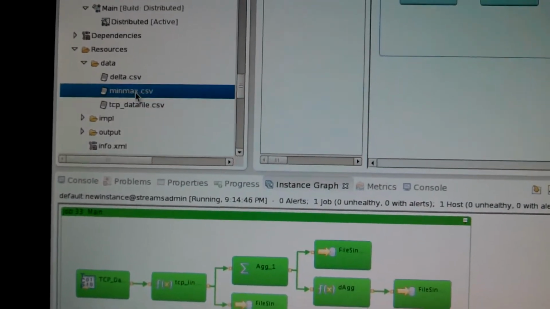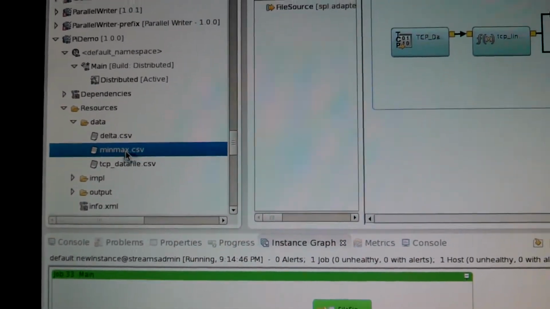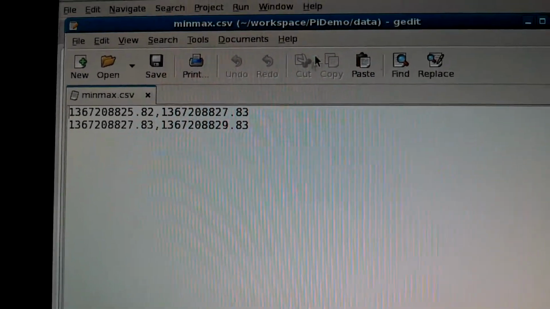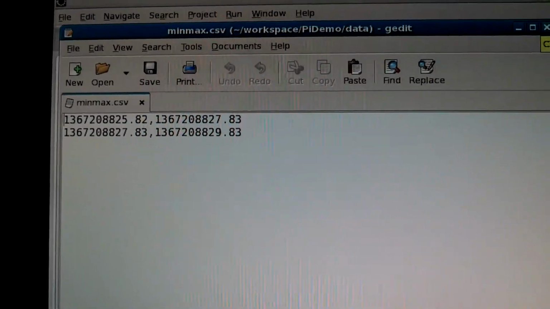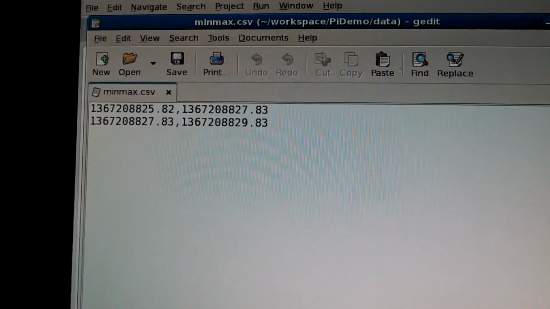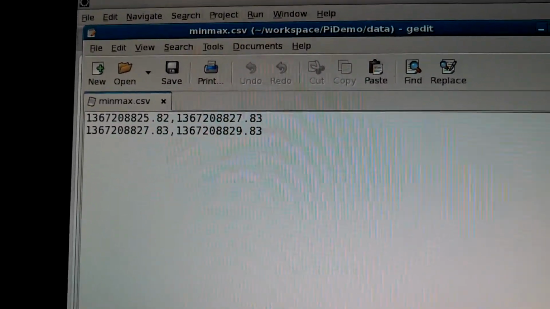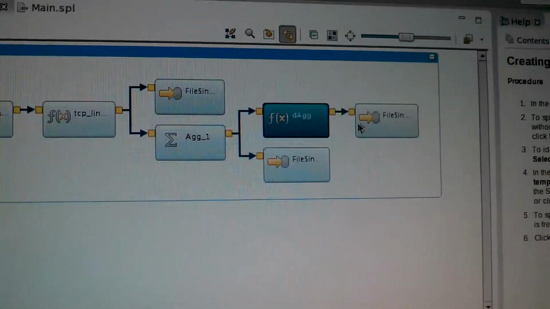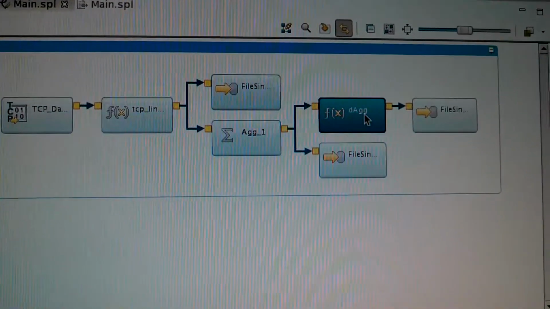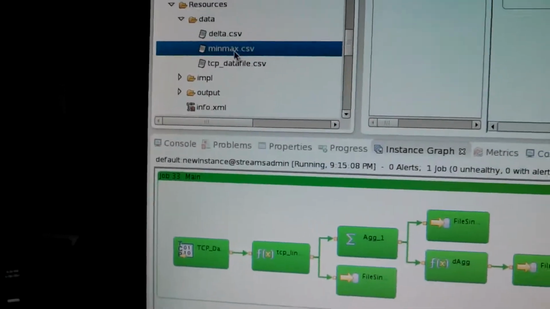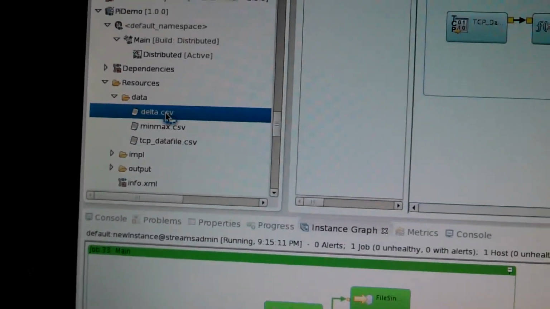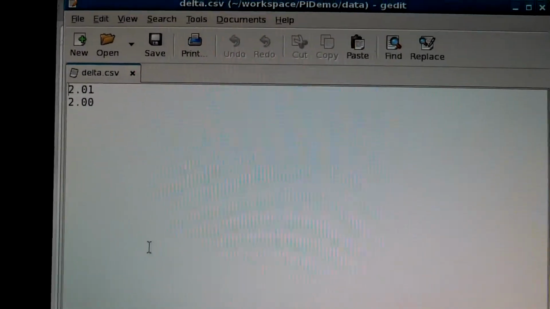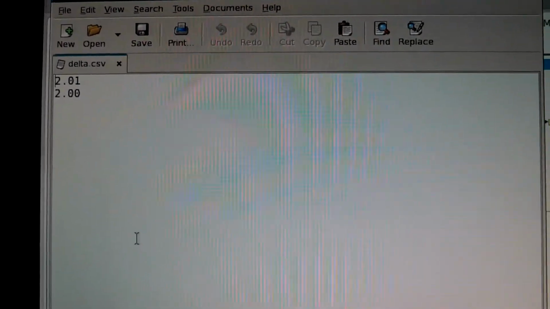And if you look at minmax.csv, what you'll see is the minimum and maximum values of every two streams being sent through. So it's basically taking the start and the end and taking the minimum and the maximum of those. And then I run that through another one, which actually creates the delta file, which shows you that the difference between the start and the end time was 2.01 seconds and 2.0